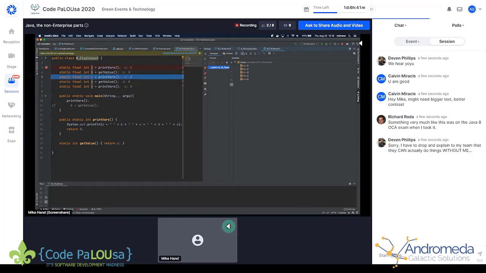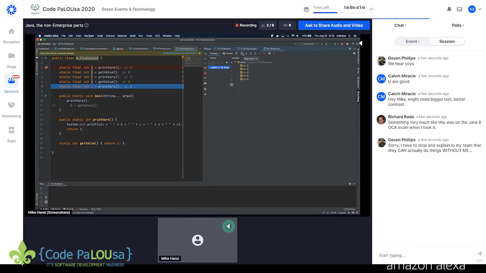Now we're going to go through and set the value of C through a call to printVars. So it's going to get a value of 5. Then D is going to get its value from getValue, which is C. So it's also getting the value of C, but the value of C, even though it's final, has changed. So instead of B getting 0, D is going to get 5. And then E is going to get its value from a call to printVars, and E will get 5 as well. So you might think that they would all come out with the same value, but B gets the value of C from before it's set, and so therefore B doesn't get to be 5 like the others.